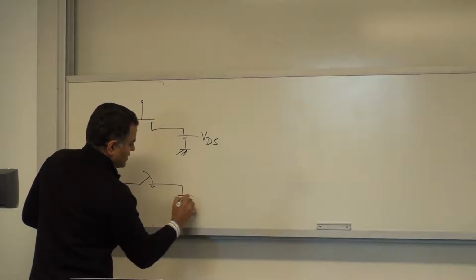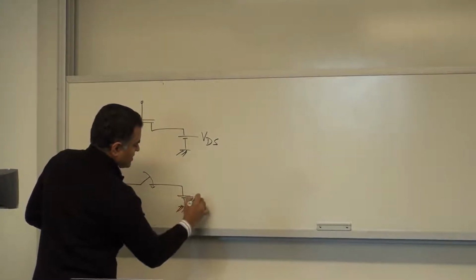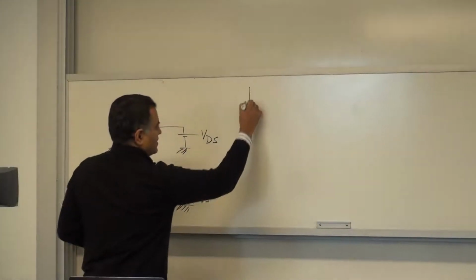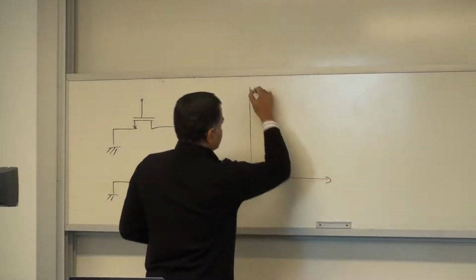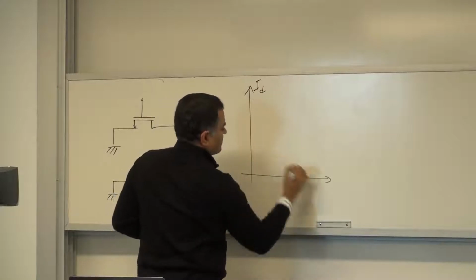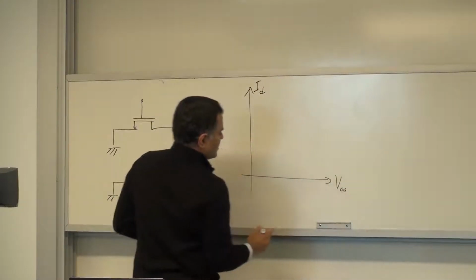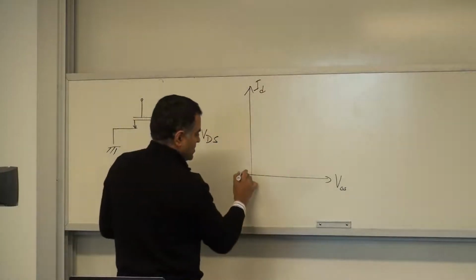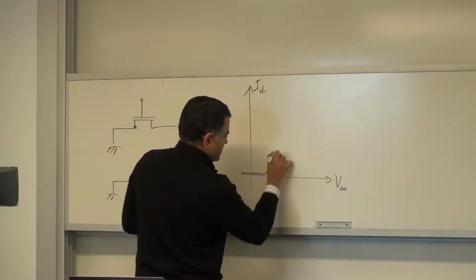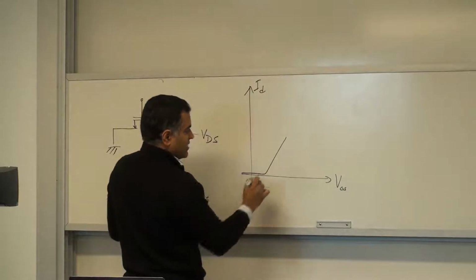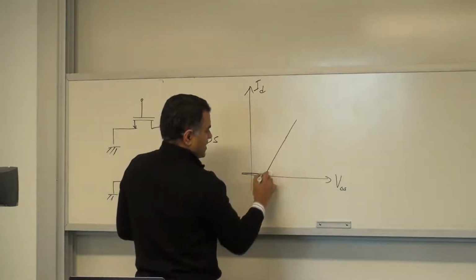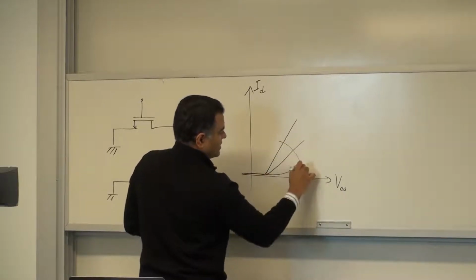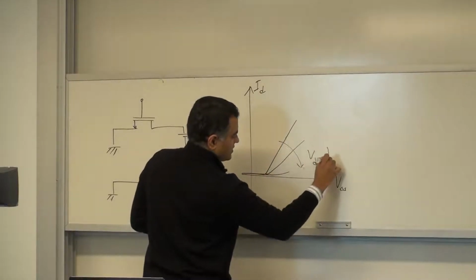It also has a very important aspect. So this was the on and off. If you look at your drain current versus the gate voltage, in a log scale, it would switch by many orders, as you did in your assignment, and in a linear scale, it would look something like that. And depending upon the drain voltage, if you have a smaller drain voltage, it may look something like that. So at smaller drain voltages,